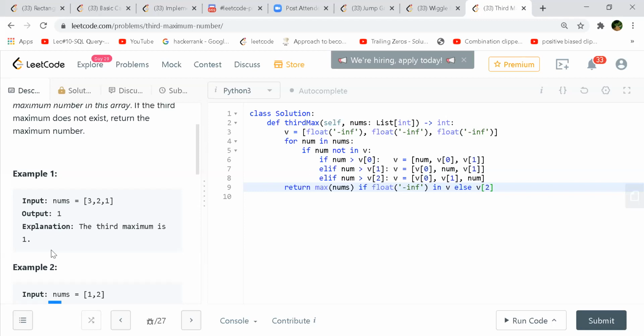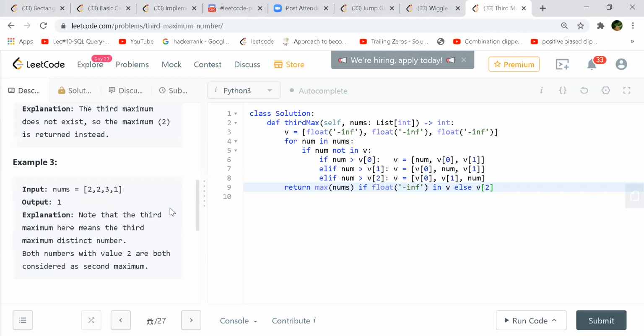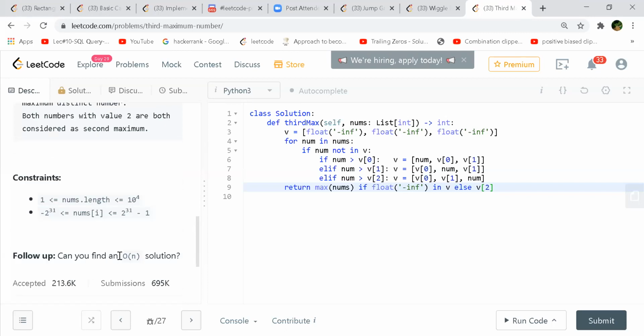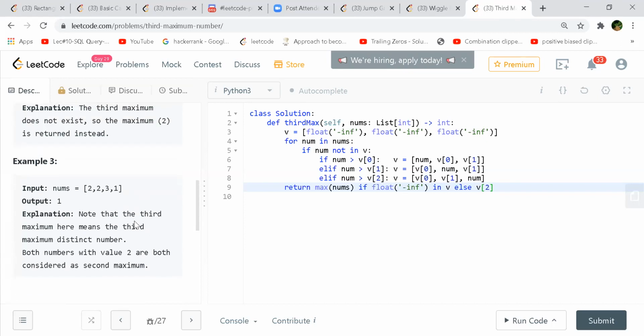Okay. So now how about sorting? If you sort the array itself, then pick the maximum number. Sorting should be fine, right? Yeah, but we have to bring it to O of n, right? Yeah, they are saying that is the follow-up. So we are still not in the follow-up. All right, so you can still sort it.